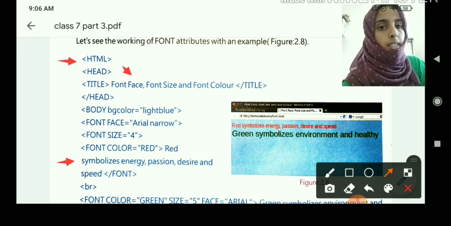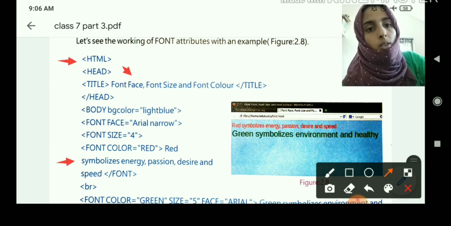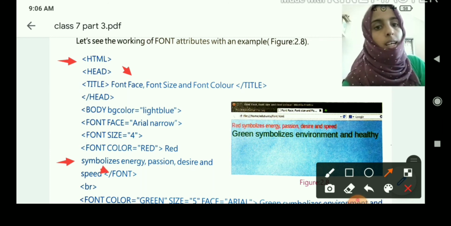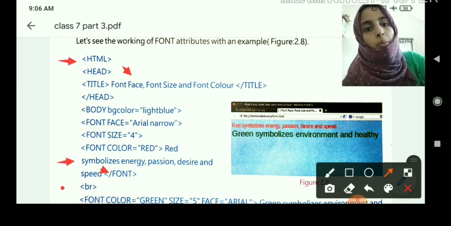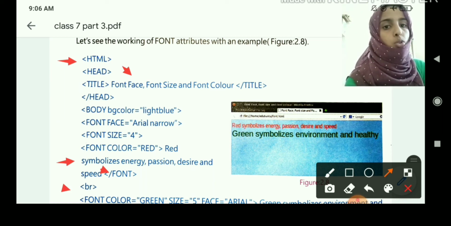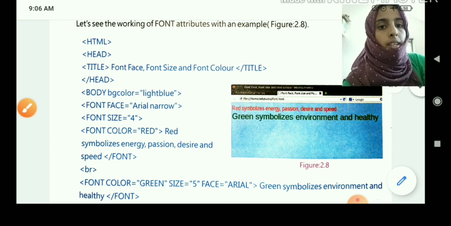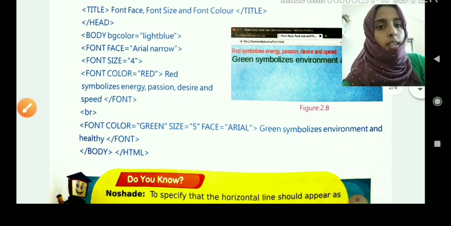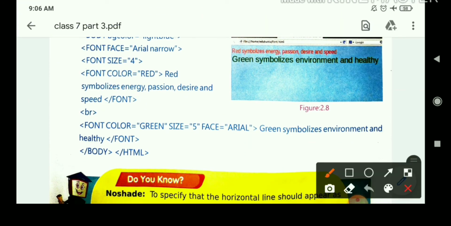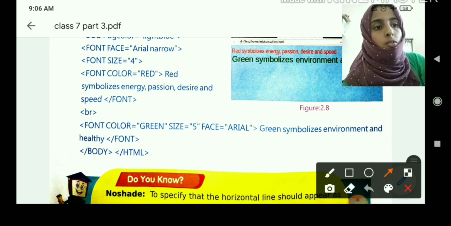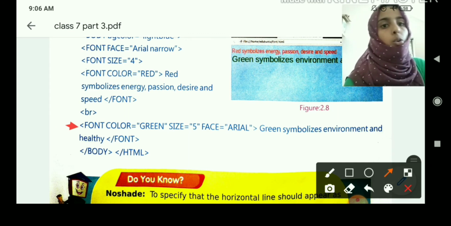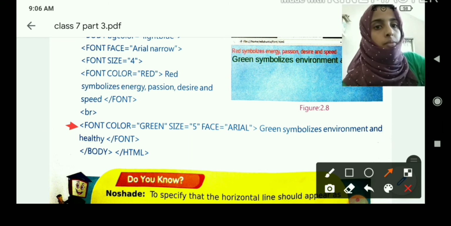After typing the text we can close the /font tag, then we can use the br tag, which is used for a new line. Okay, then again font color equal to green and size equal to 5 and face equal to Arial. Then write the text here.